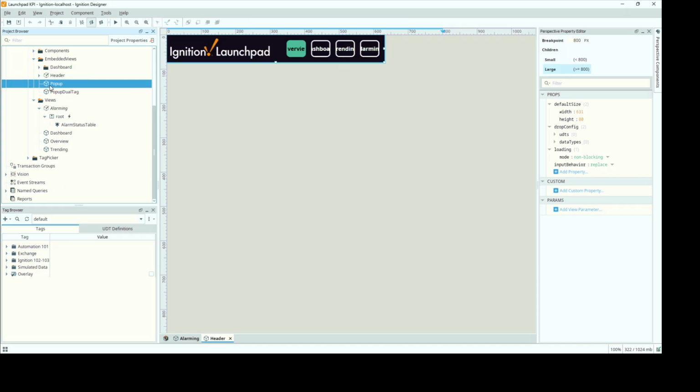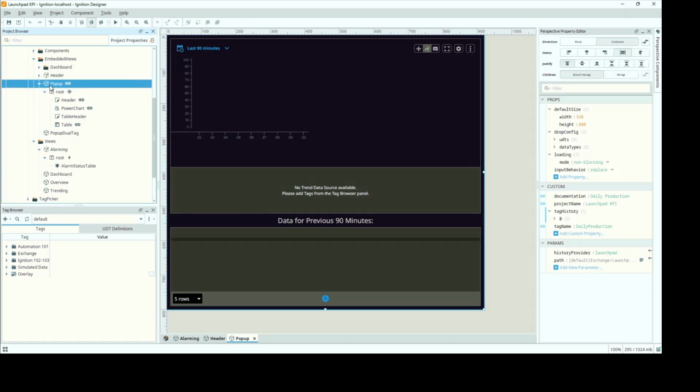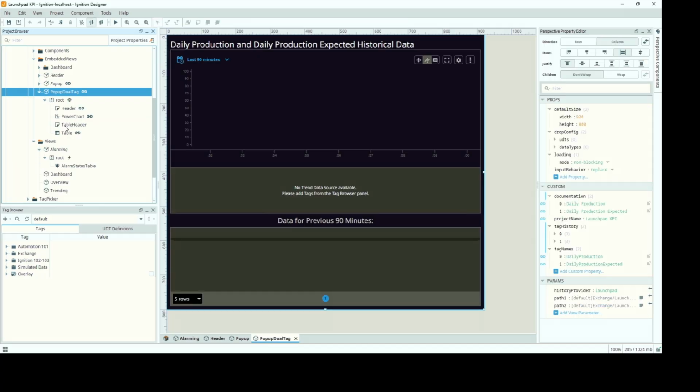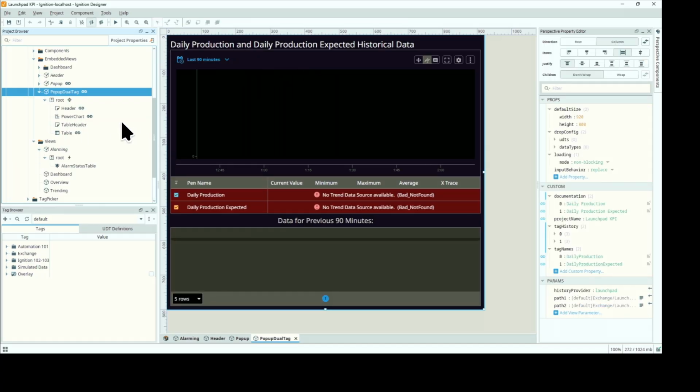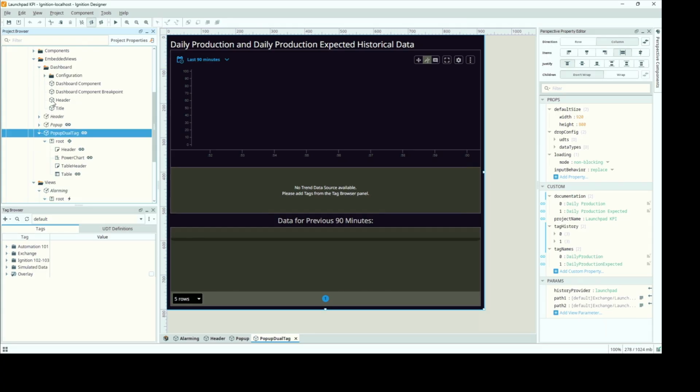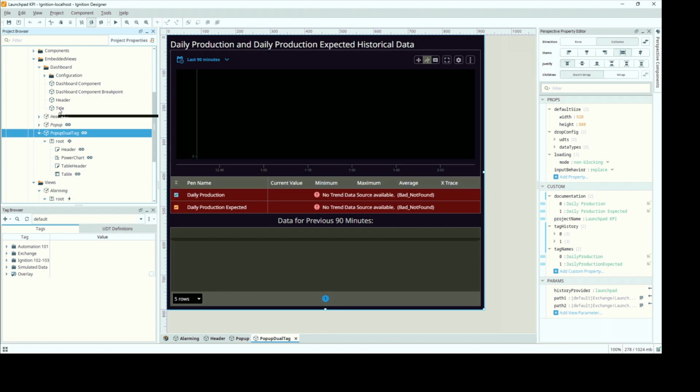And then the pop-up gives us a pop-up with a header, power chart, and a table on it. And a dual tag pop-up looks similar, with presumably dual tags configured on that. And then if we look at the dashboard embedded view, we'll see